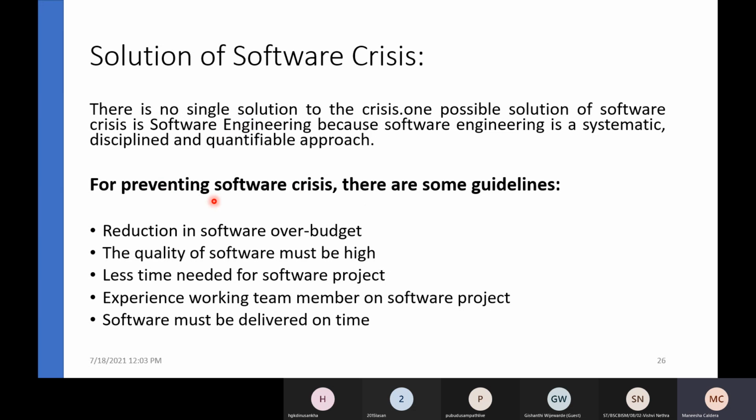And for preventing this software crisis, there are some guidelines. These are not the perfect guidelines. There might be new guidelines available from time to time, but for now, reduction in software over budget. There are situations of over budgeting because the requirement is unclear, so they allocate a huge amount of money for developing a prototype even,